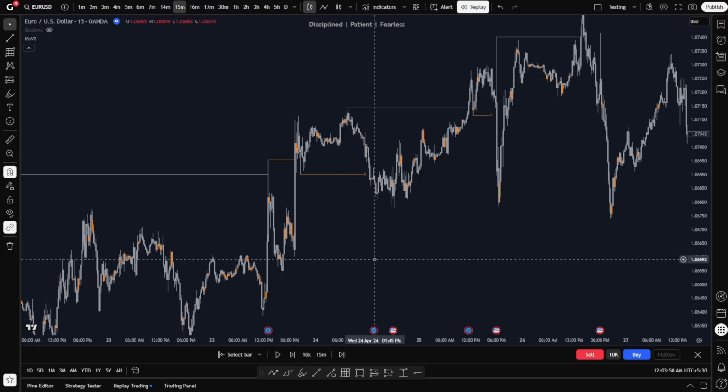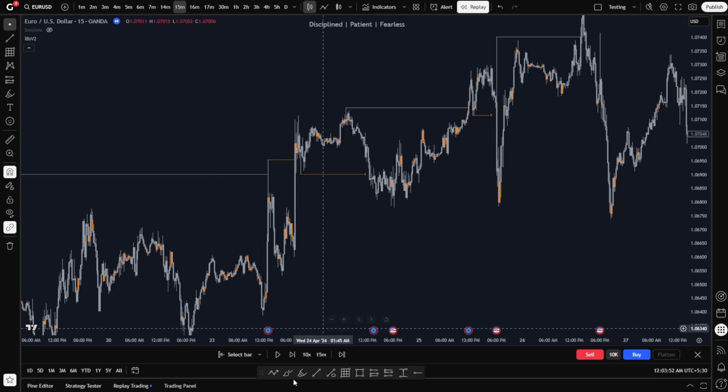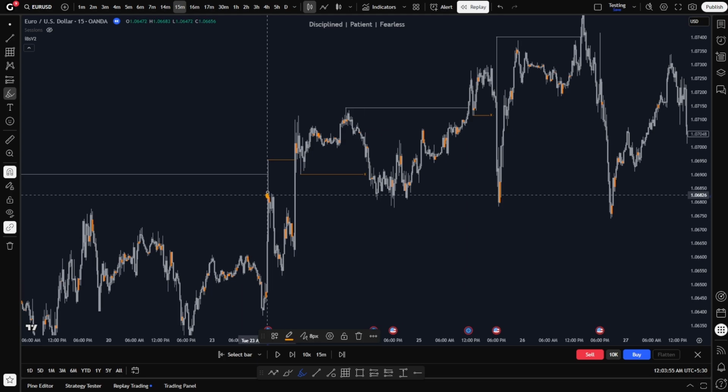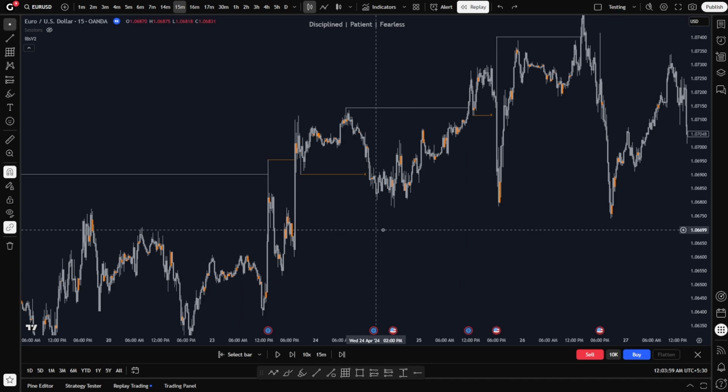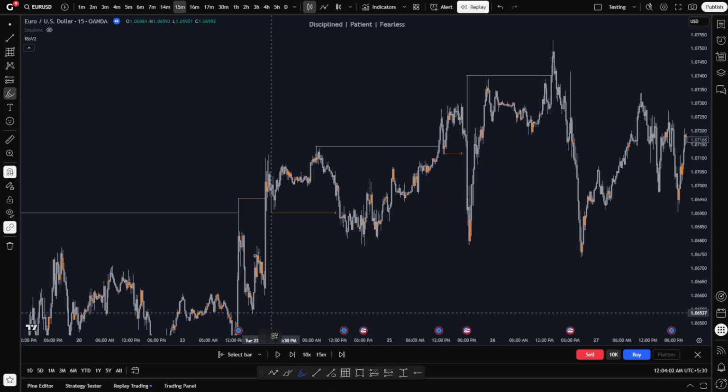Alright, so you should always pay close attention to these minute details in the market. There is no BOS right here, only a sweep. The real BOS happens right here. Alright, okay. So if you see here, the market once again after BOS gave us a slight movement to the